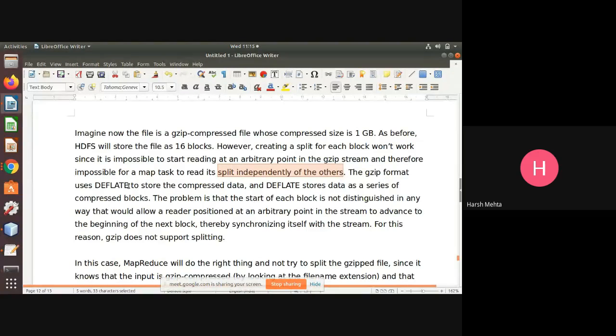So with deflate, it depends on the deflate algorithm. Deflate has a series of compressed blocks. And the problem is that the start of each block is not distinguished in any way that would allow a reader positioned at any arbitrary point in the stream to advance to the beginning of the next block.